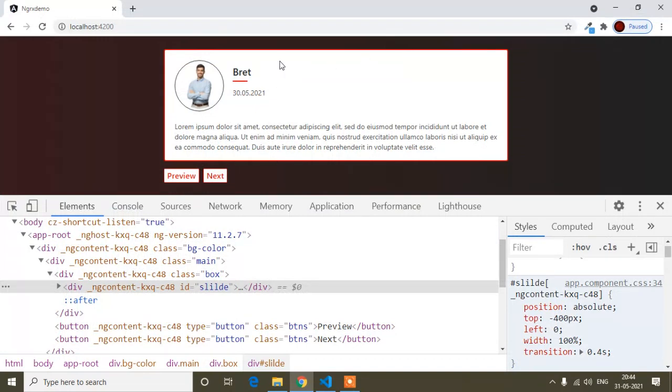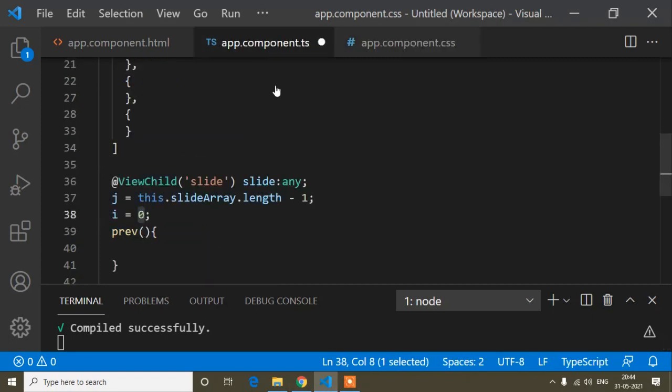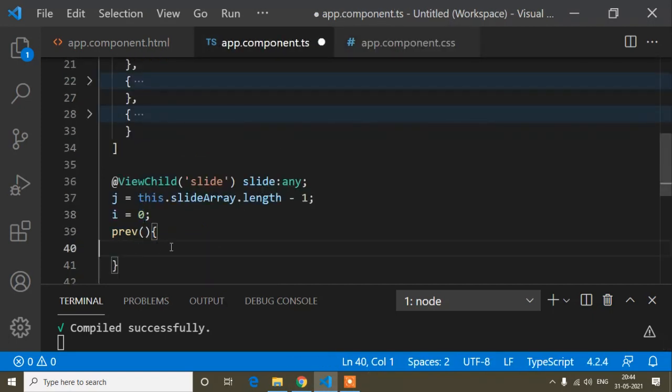When I move this div by 200, as you can see when I was changing this div, first -200, -400, it was showing the content one by one. So first of all i will be 0, and after that I will change the value of i to -200, -400 in this way.